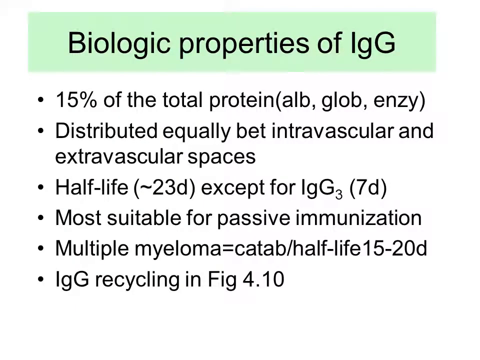Now, we already discussed the properties of IgE. I'm not going to go into detail. We already talked about that. What I want to talk about today is that other than the half-life and so forth, the body has another mechanism, a homeostatic mechanism of conservation. Highly conserved. It wants to save energy. So once we make IgG, like for example in figure 4.10, we want to make sure that we don't lose